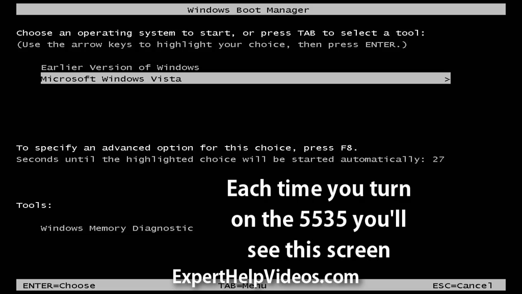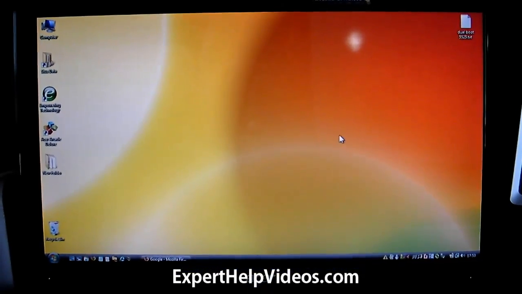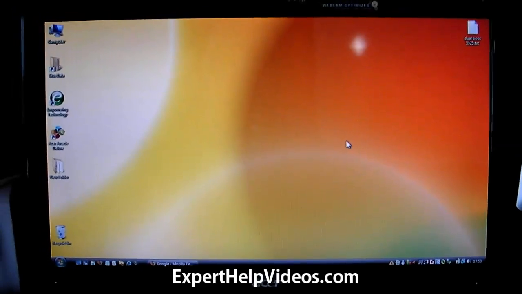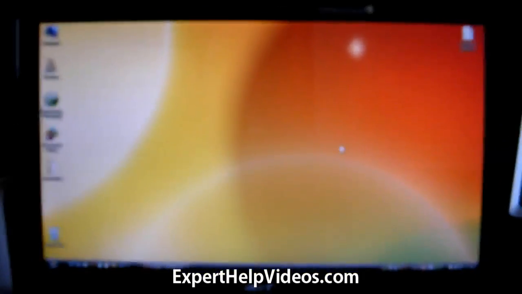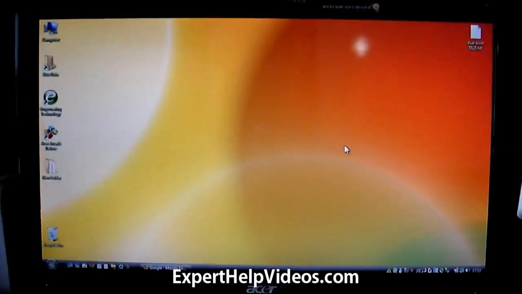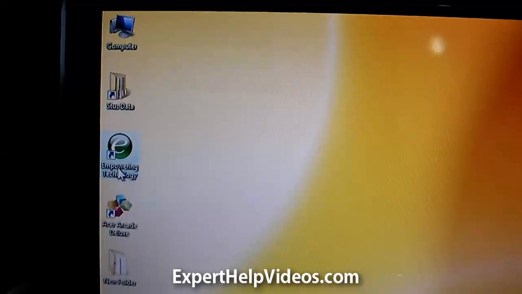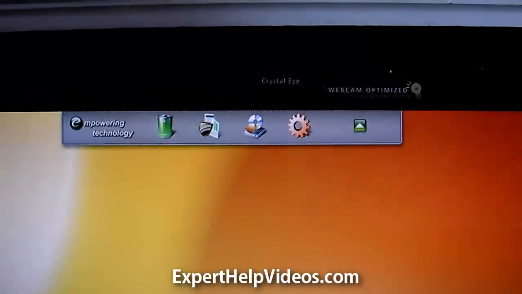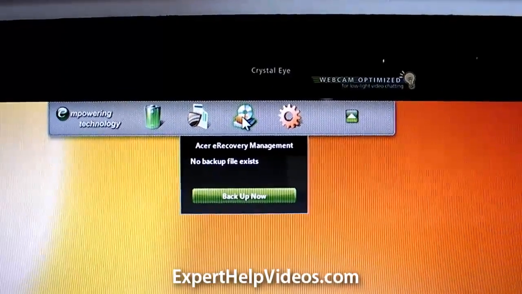Now, the first thing that I suggest is that you back up any data that you definitely do not want to lose. Once you've done that, we can then begin the process to install Windows XP onto a separate partition on the hard drive. So once you've backed all your data up, and if you don't know how to do that, an easy thing to do is to use the Empowering Technology icon on the desktop, which brings this menu up here, and you want to hover over that icon in the middle there,